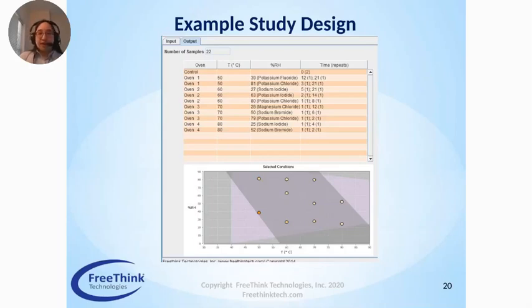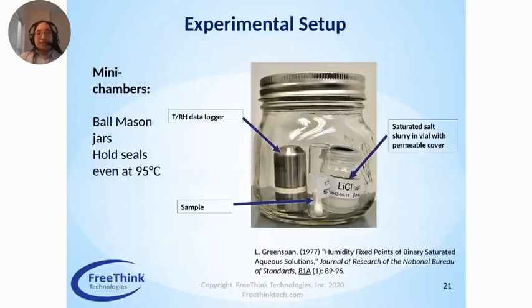So with that in hand, this is the experimental setup we use at FreeThink. We actually use Ball Mason jars as little chambers for each of the samples. These have been shown to hold seals up to 90 or 95 degrees, which is the highest we go for ASAP studies. Inside these jars, we'll have the sample. In this case, it's just a capsule in a little dram vial,